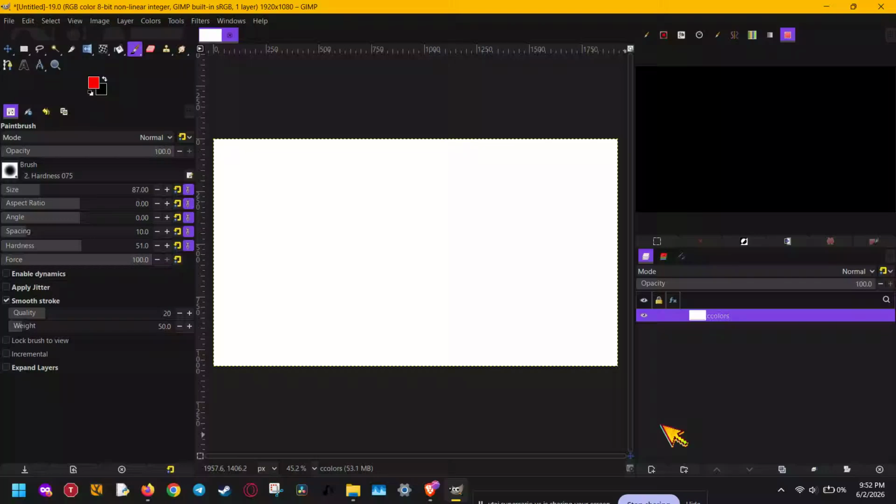Today, I'm going to show you how to create an abstract fluid gradient background in Gimp step by step, even if you're a complete beginner. This is a super useful technique for making modern wallpapers, YouTube thumbnails, social media graphics, website headers, and all kinds of creative designs. And the best part is, once you learn the basic process, you can make endless variations with